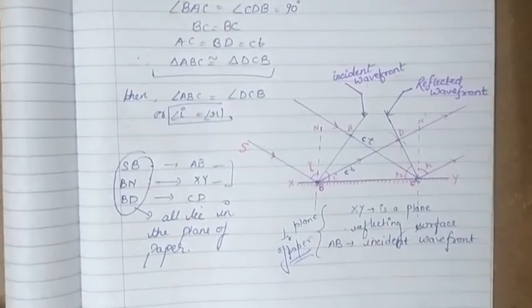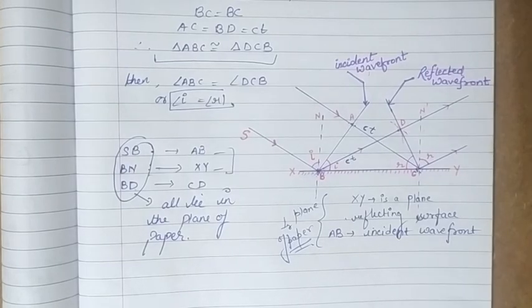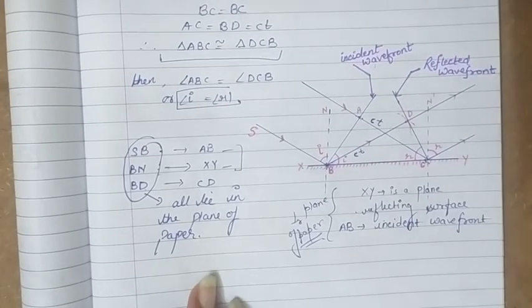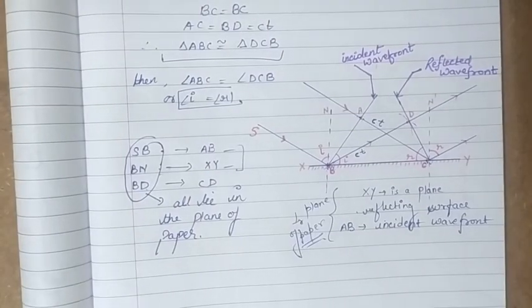This shows the first law of reflection, which states that the incident ray, the normal, and the reflected ray at the point of incidence on the reflecting surface are in the same plane. So this proves the first law, and the earlier result was the second law of reflection. So we have proved both the first and second laws of reflection. Hence we can say that Huygens wave theory can explain reflection effectively.